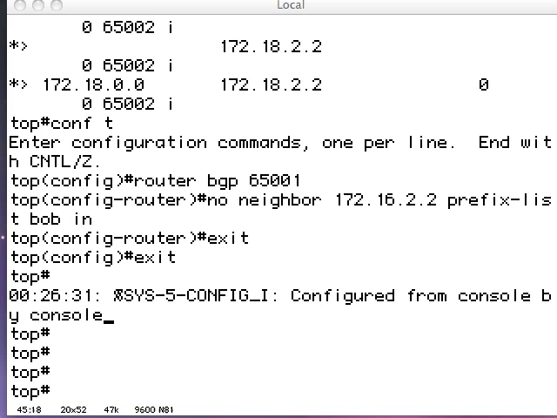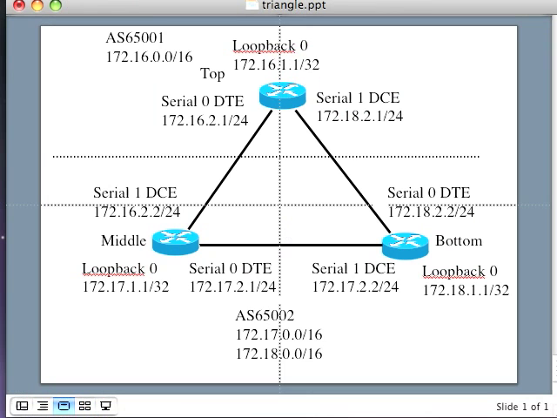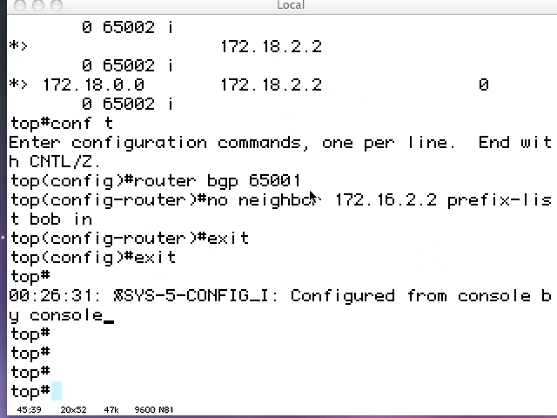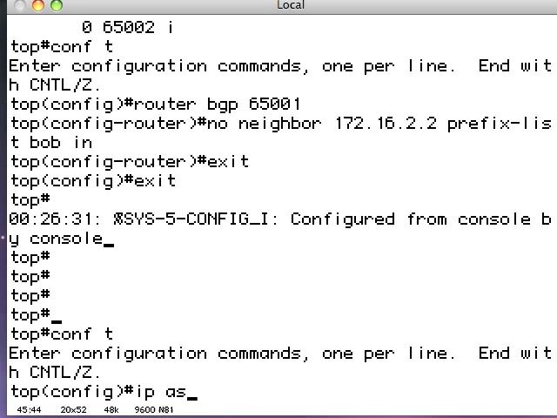So let's do an AS path access list, and every route that we are receiving has an AS path which is exactly 65002. Let me create two AS path access lists. So conf t, ip as-path access-list 2 permit